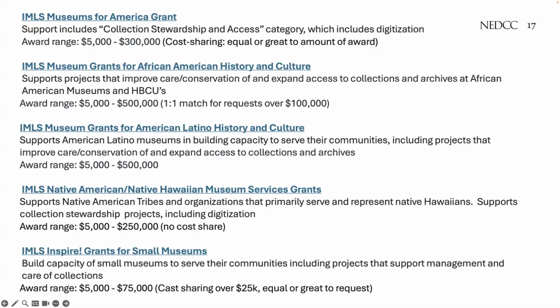So moving on to our IMLS grants. Again, each of these includes or has a category of funding that includes digitization, and that includes audio formats. All of these applications are due March 13th, 2026. So again, coming up really quickly, but again, not too early. These are all programs that have been longstanding. There have been very slight changes to them